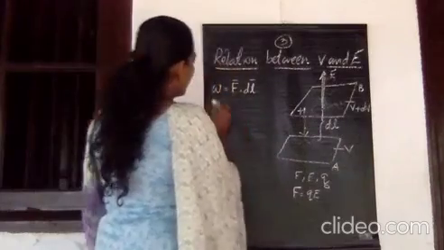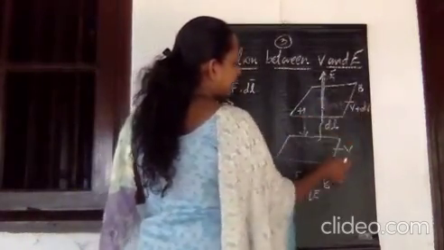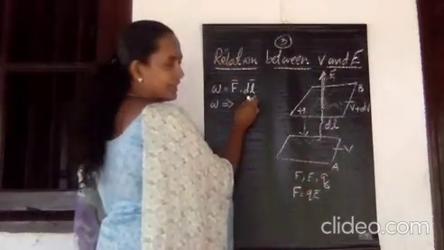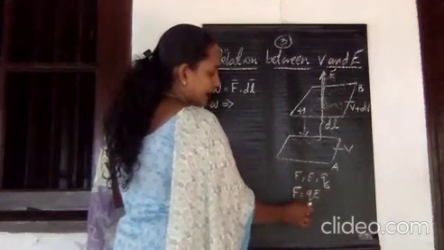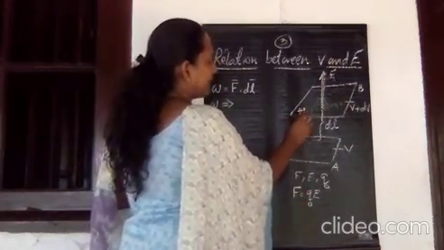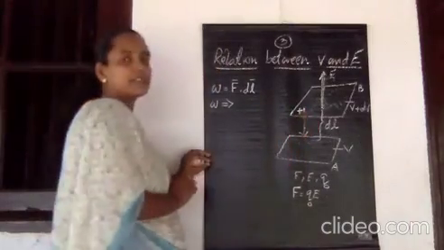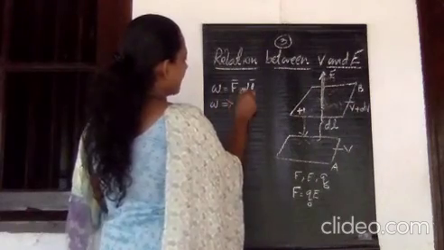So we can write the expression to move a unit charge from plane B to plane A as F dot dl, where F is equal to Q0 E. Q0 is the test charge, and usually we take the magnitude of the charge as +1. So here you can write that expression as F dot dl.